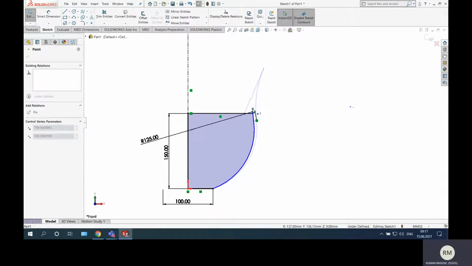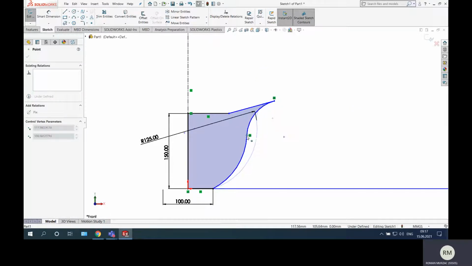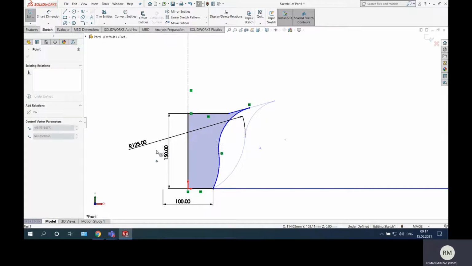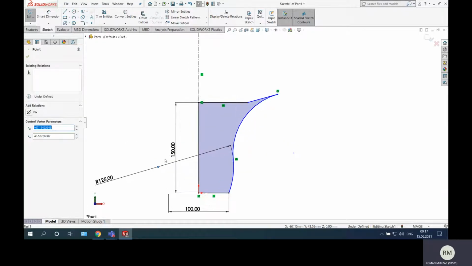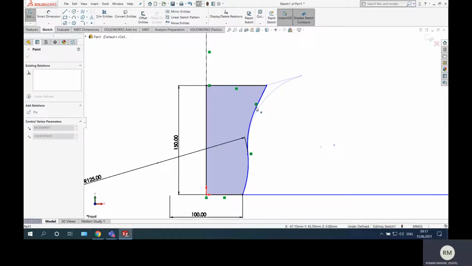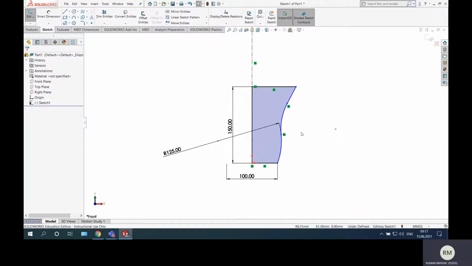Don't worry about this, because we will fix this. Don't worry. Okay, let me take it somewhere here like this. So as you can see, I can stretch this sketch manually. Yes. Okay,